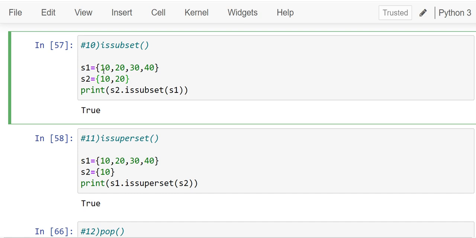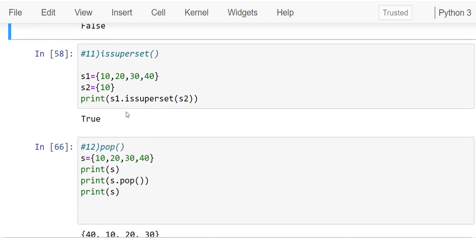We know S2 is a subset of S1 because S2 elements are present in S1, so in this case we get the output True. Now let me add one more value to S2, 100. Analyze the output, guys. Here the output will be False because 100 is not present in set S1, so we cannot say S2 is a subset of S1. This is how we work with the issubset method.